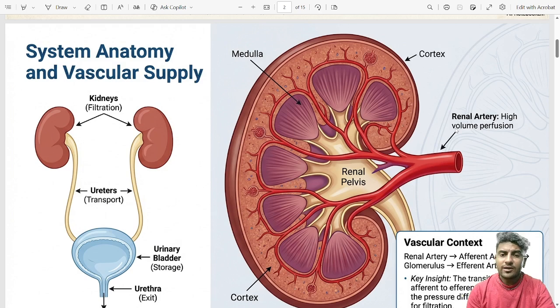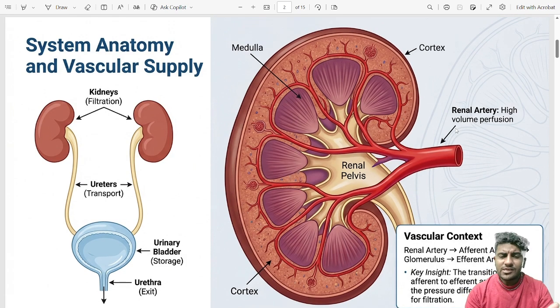main functional unit, which is important for the glomerular filtration. You have ureters, urethra, and urinary bladder. So the anatomy is very simple. The kidneys are bean shaped. To them are connected two tube-like structures called ureters, which then embed into the urinary bladder that acts as a storage. And whenever there is 700, 800 ml of water in your bladder, you feel the urge to